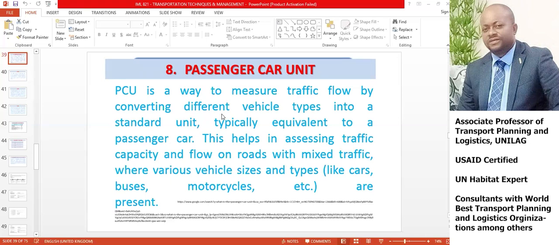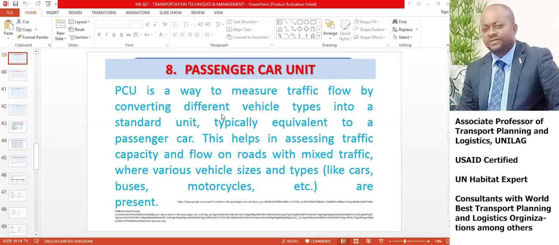You see, it is the unit of measurement that we use in traffic. Without it, you will not be able to pass a message and take some decisions. That is the unifier, the PC, we call it PCU. It is a way to measure traffic flow, and we do that measurement by conversion into some standard units. For example, different vehicular types, they have their